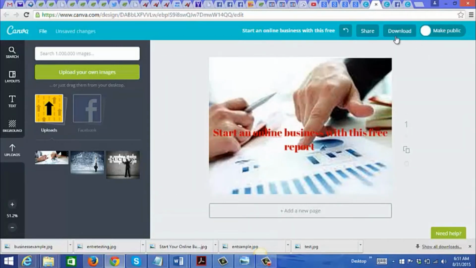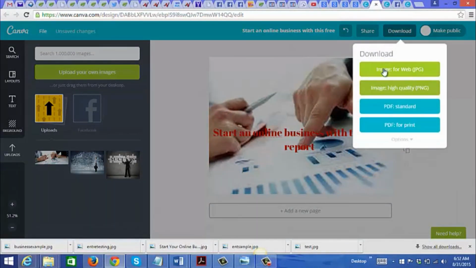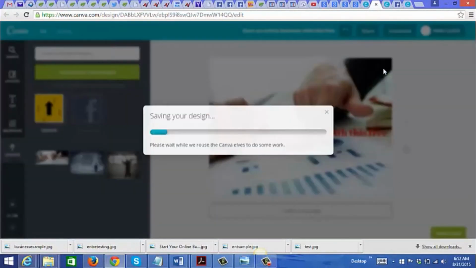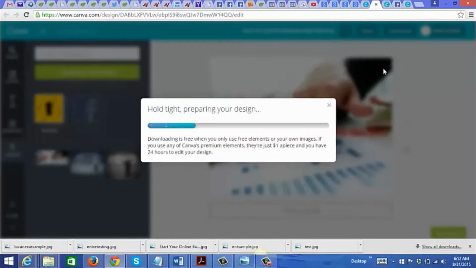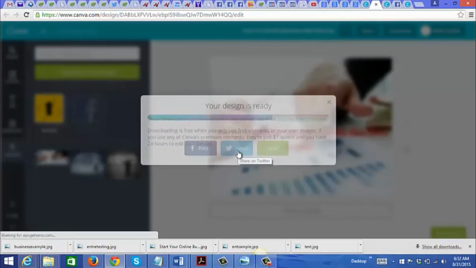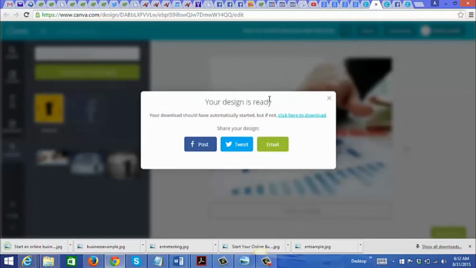And when you're done, you just go to download, image for web, and there you go.